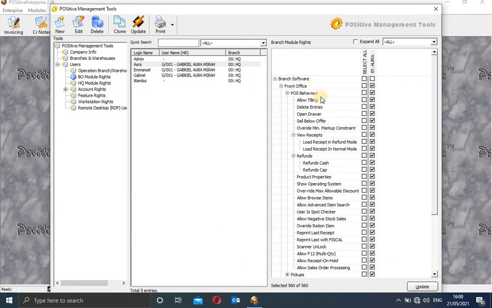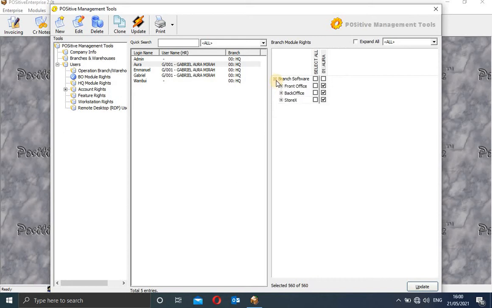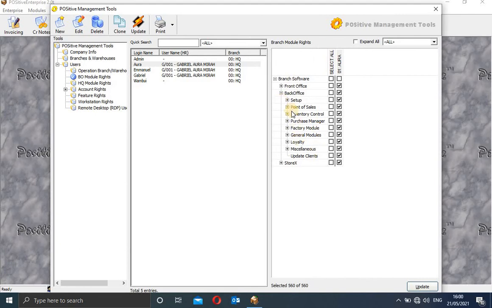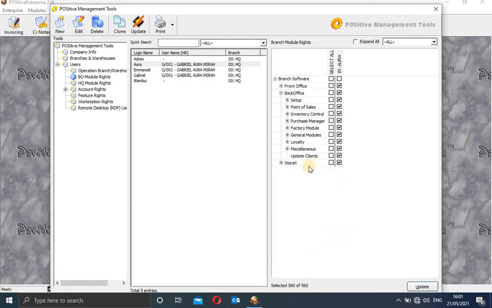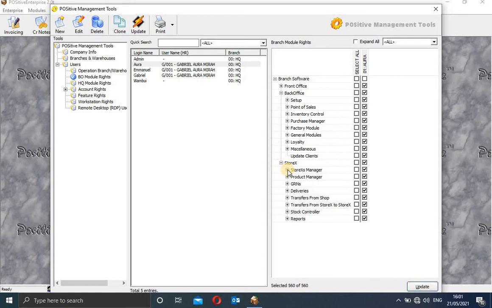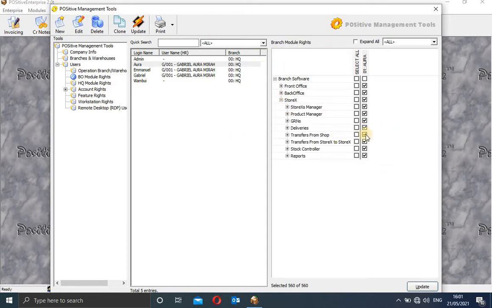This is where you input all the rights, and this is something that you need to analyze seriously before you issue rights to people, because you can see it is very detailed and very demanding. You have to make sure you know what you are giving to people and what you need to keep for yourself. Most of it you can be advised on by one of our technicians who will be rolling out the system. If you want to roll out the system, we have technicians who will advise you on what you need to do.